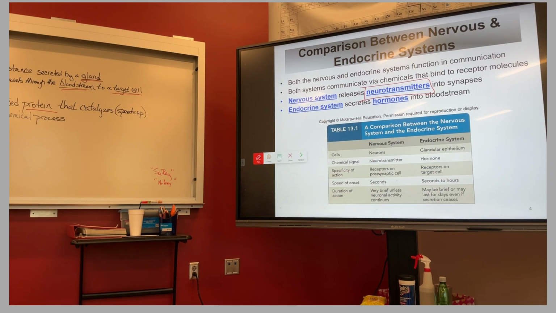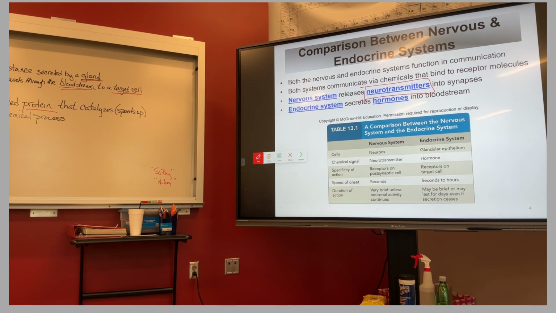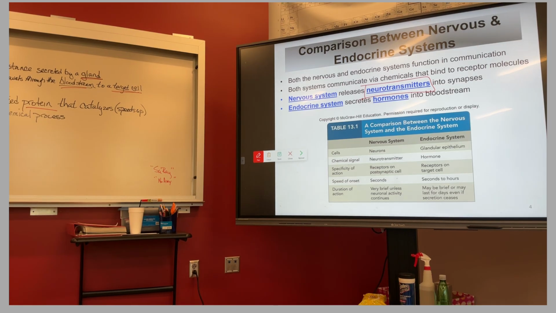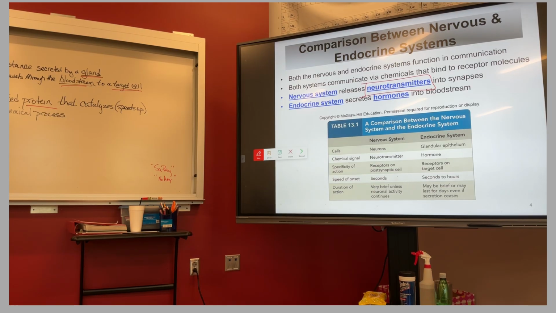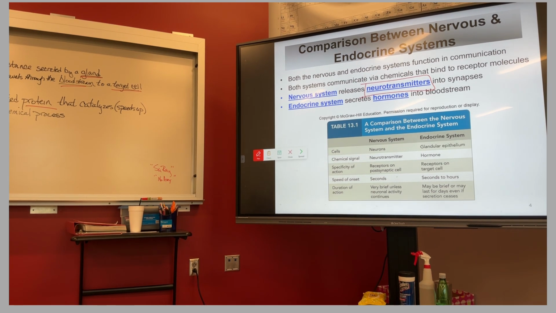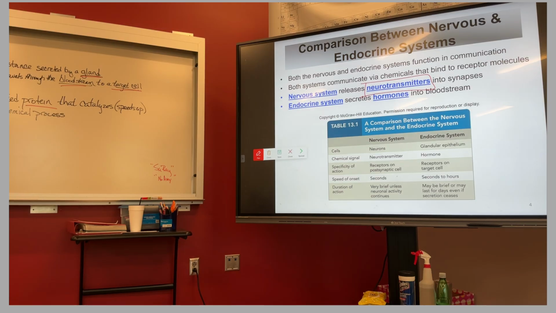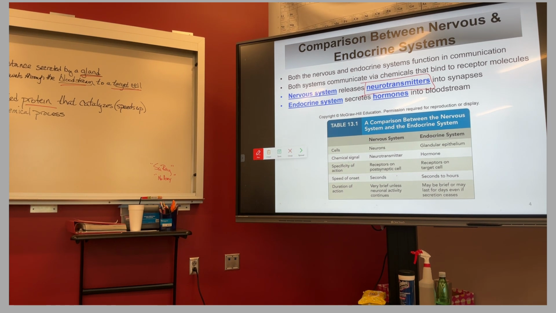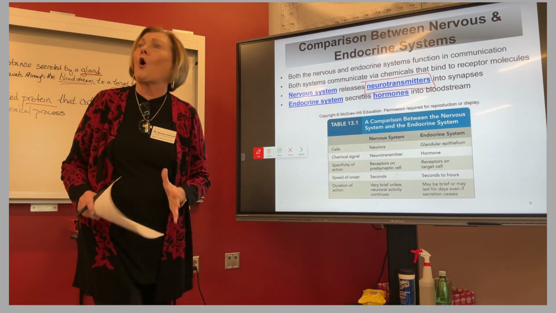What does the term neuro, N-E-U-R, and then a combining form O mean? Nerve. A nerve cell is called a neuron. So when you see that, you know, hey, may not know what it is, but it's got something to do with nerves. And a transmitter is something that relays information or a message. So a neurotransmitter is a messenger for nerves. Make sense?